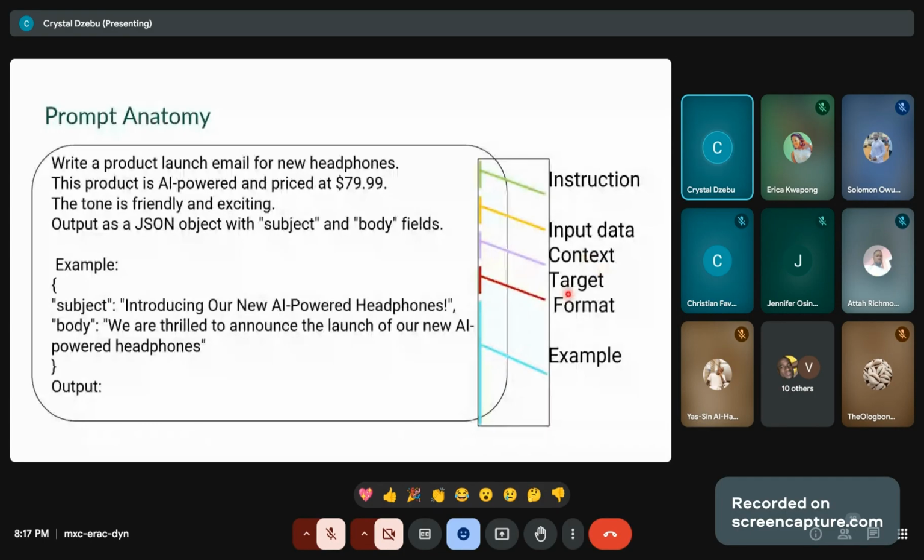And then the target and format. So this is a target. Output as a JSON object with subject and body fields. Target simply means, how should it finally be? This is a technical term; those who do programming know what a JSON object is.